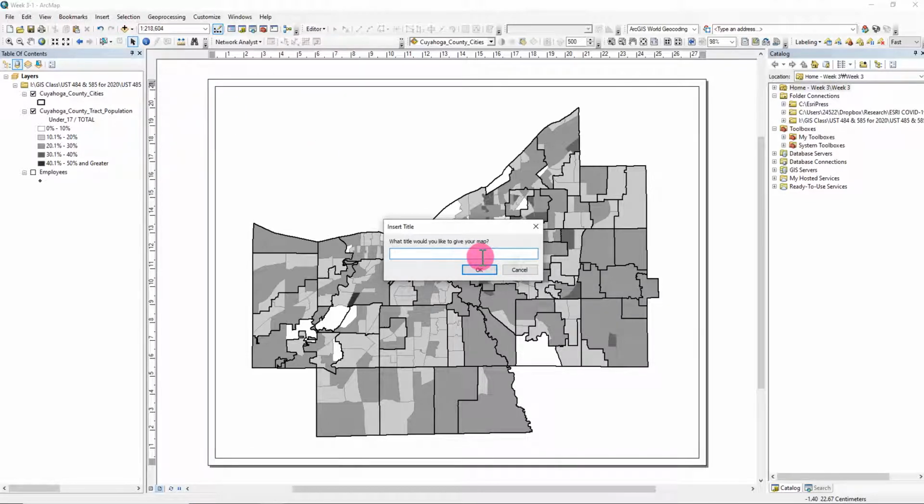And I will say Cuyahoga County track populations,